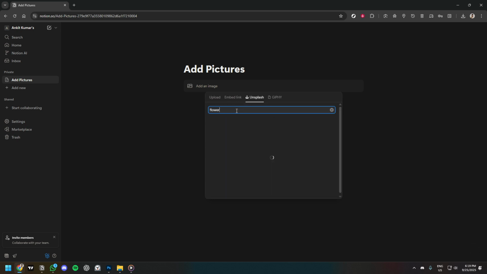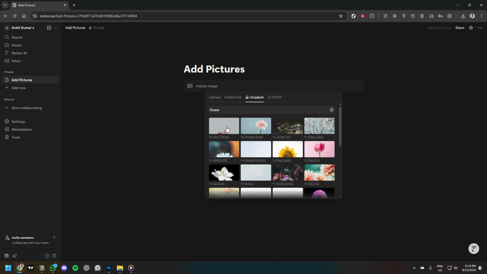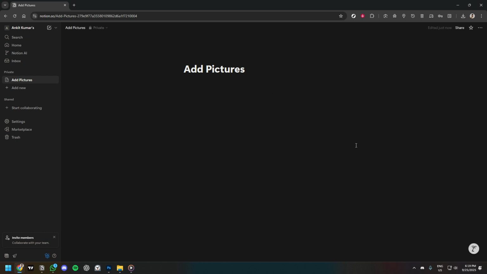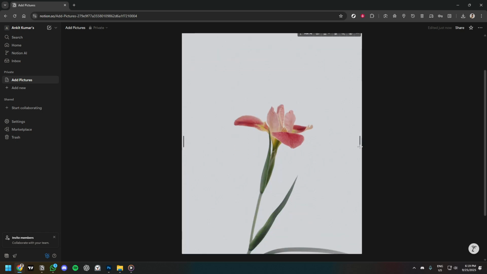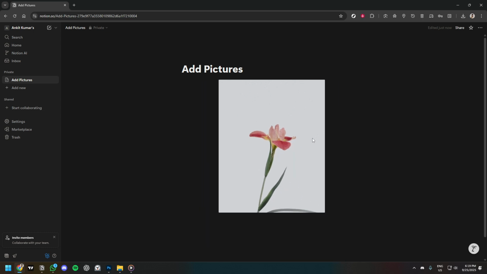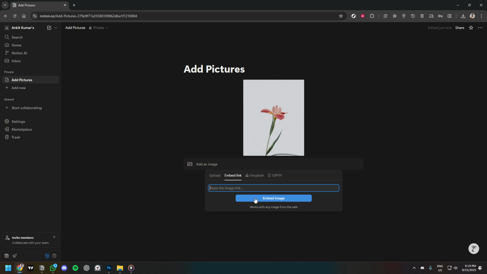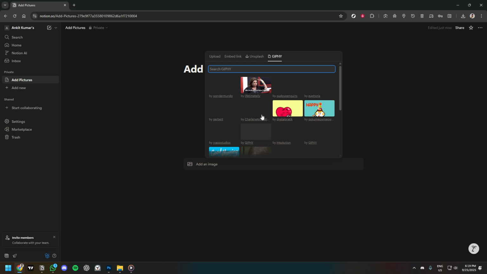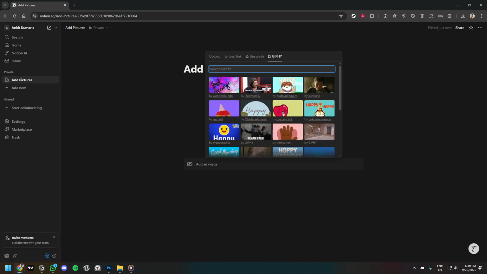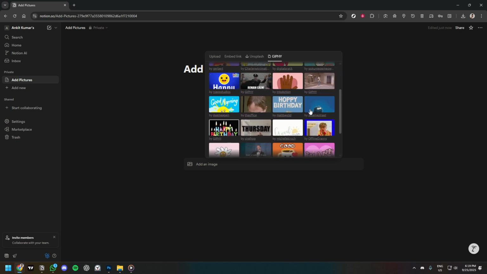After your image is added, don't forget you can resize it to fit your design preferences by clicking and dragging the corners. Not only can you add images, but Notion also allows you to embed links and incorporate GIFs. To embed a link, click in the intended area of your page and select the option to add a link. Paste the URL of the content you wish to embed. Alternatively, if you're looking to infuse some lighthearted fun into your page, add a GIF by clicking on the Giphy option. The ability to easily integrate different types of media makes Notion an exceptional tool for creating dynamic and visually